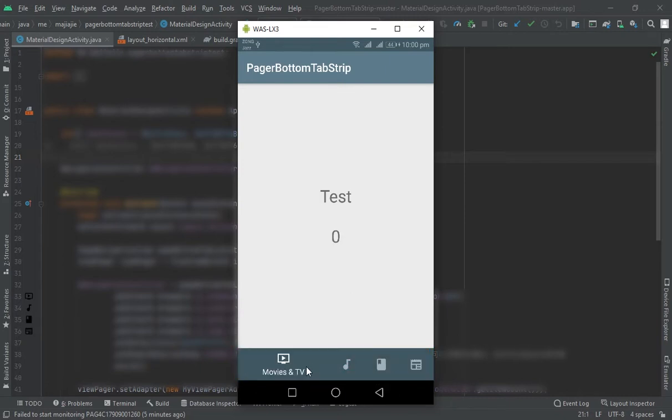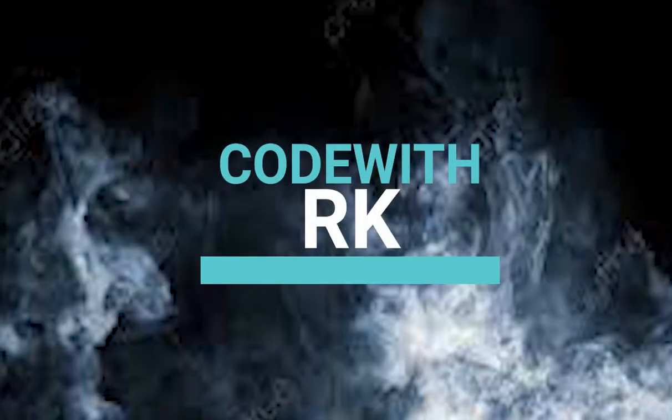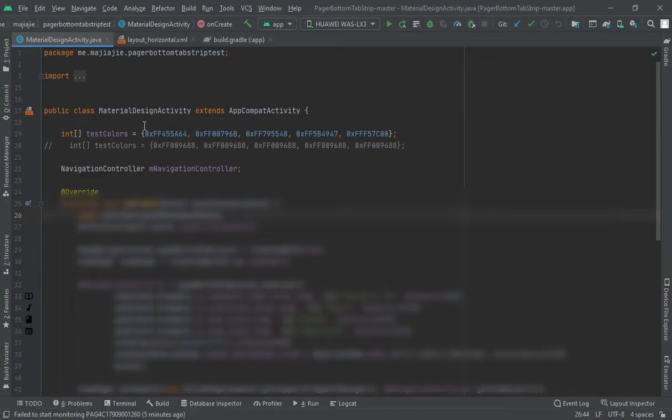So by clicking every icon it would change the colors and everything like that. Look, the size and fragment, everything is changing. Okay, so let's start the code, how to do it. First create one project and then create one activity by the name of material design activity, and here create a